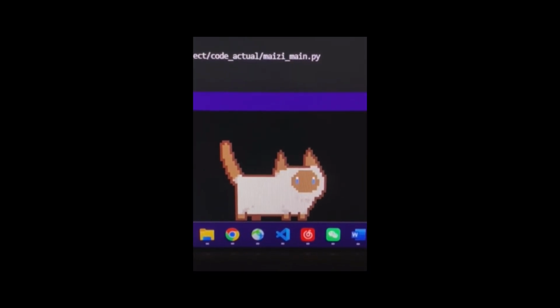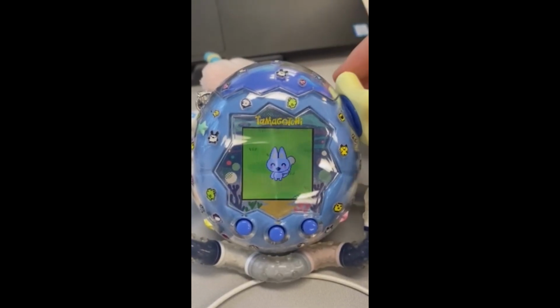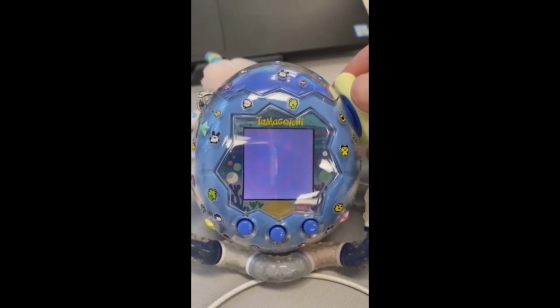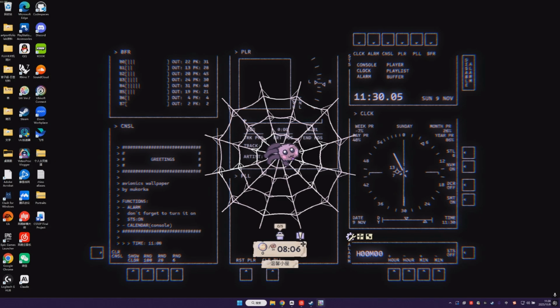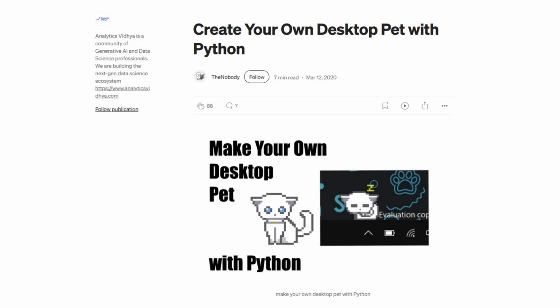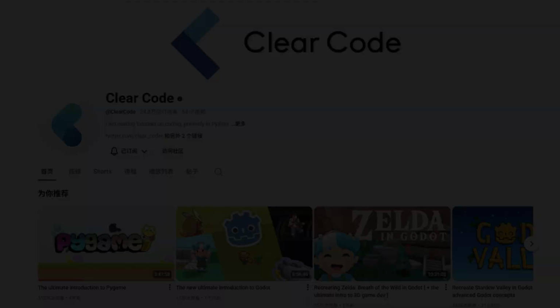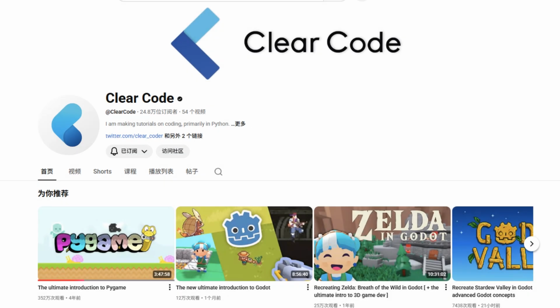Today, I will be sharing my CS50P final project, a desktop pad made with Pygame. I've always loved a good virtual pad, whether to keep it in the pocket like a Tamagotchi or to stay on the screen. So for my final project, I thought, why don't I create my own pad? I immediately started researching how to build a desktop pad with Python. Since I found a really decent in-depth Pygame tutorial made by Clearcode, I decided to follow it and see where